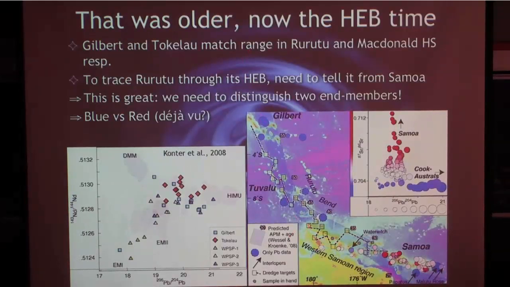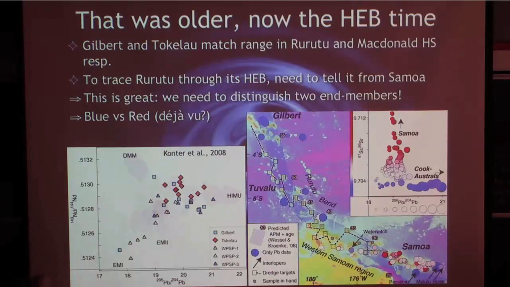So what that means is effectively we have another chain that makes a Hawaiian Emperor bend and then goes back in time through this chain up north into the sort of western, northwestern Pacific. So